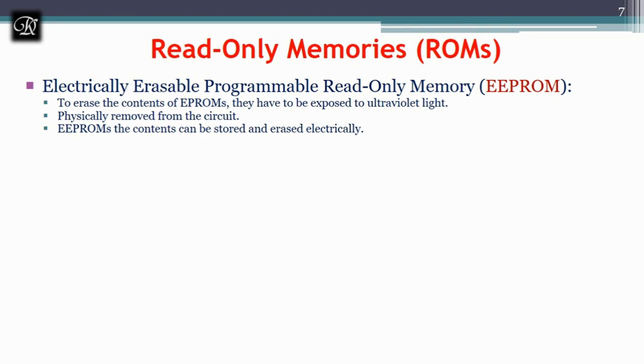Whichever cell inside the chip we want, we can erase it. The only disadvantage of the EEPROM is that different voltages are required for erasing, writing, reading and storing the data. It demands a variety of voltages. For PROM and for EPROM, we don't need different voltages, especially with respect to EPROM. We need only ultraviolet light to write the data. But when it comes to EEPROM, we need different voltages to read, write, store and retrieve the data.